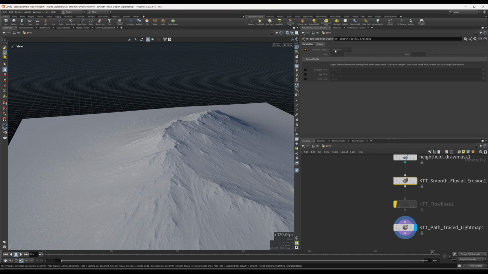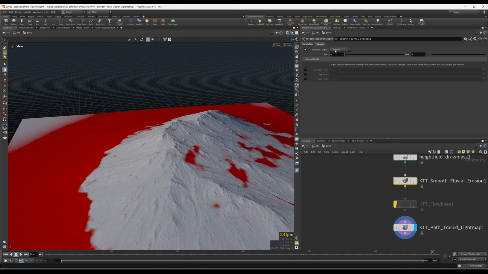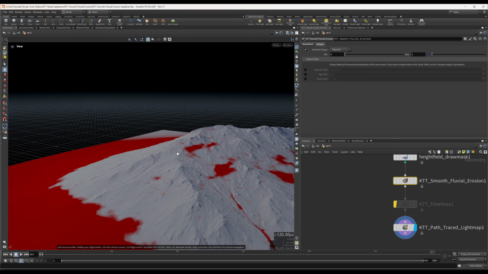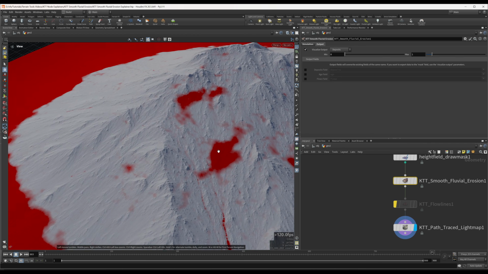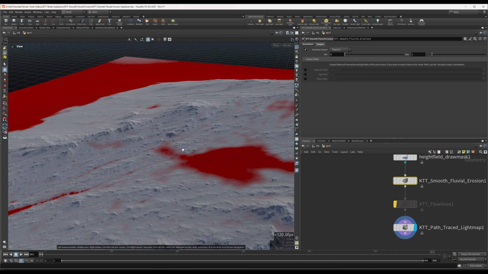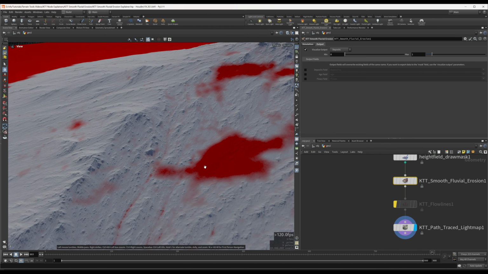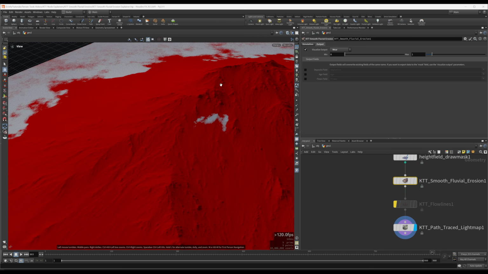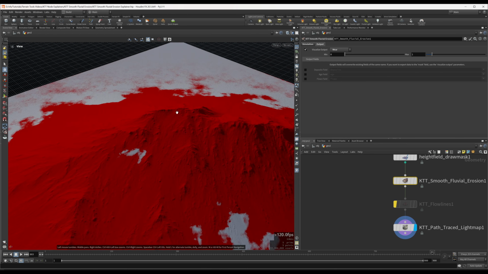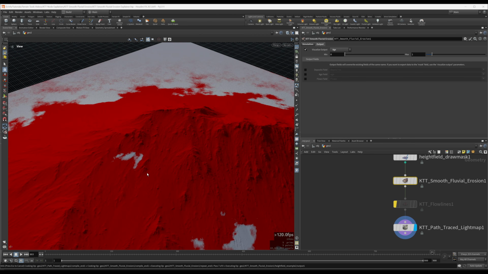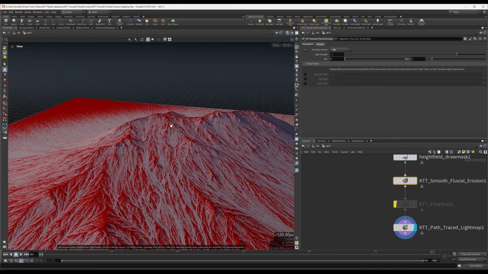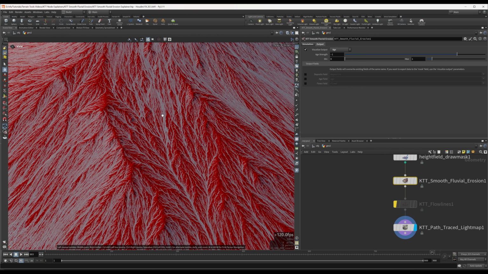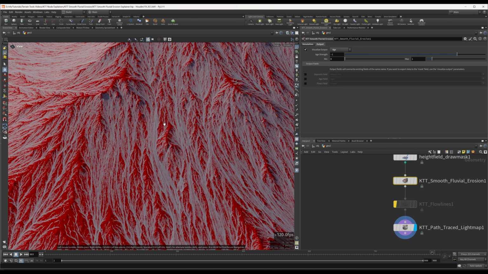So you can visualize an output, which will essentially copy one of the types of data to the mask field. In this case, I'm copying the data on the deposits, which is essentially the depth of these little loose sediment regions. Or I could do where, which will give a map of all the regions where the terrain has been worn away. Or age, which is the estimated age of the terrain, or age of the surface at any